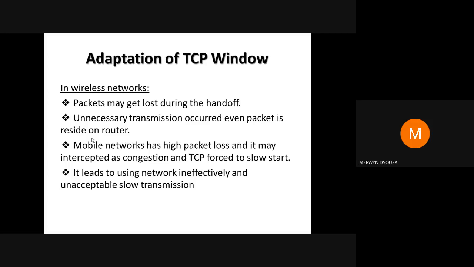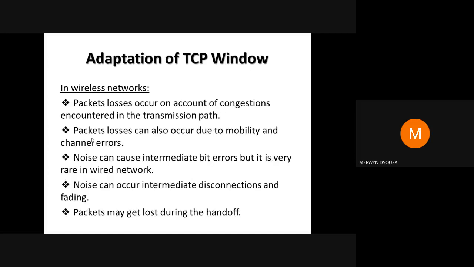Now which TCP am I talking about? The fixed computer TCP, the wired TCP, the TCP that works on your computers on wired networks. That TCP has been designed to work in a way that if a packet has been lost, it has to be congestion, and then it will start all those congestion control methods. But like I showed you in this slide, in a wireless network, the packet could be lost due to other reasons.